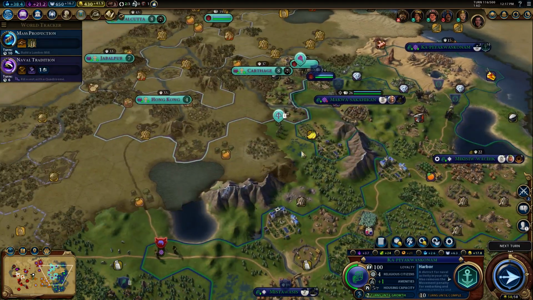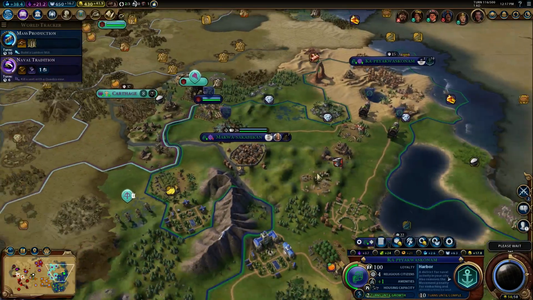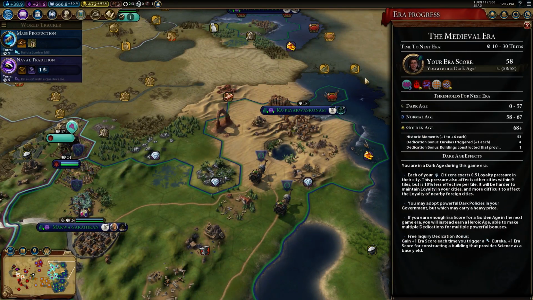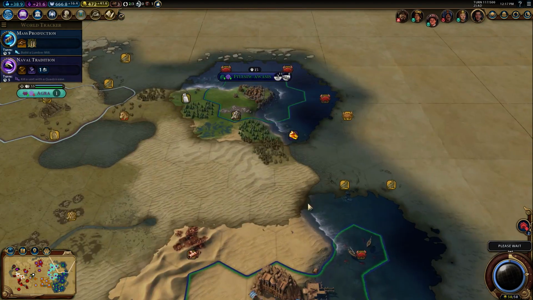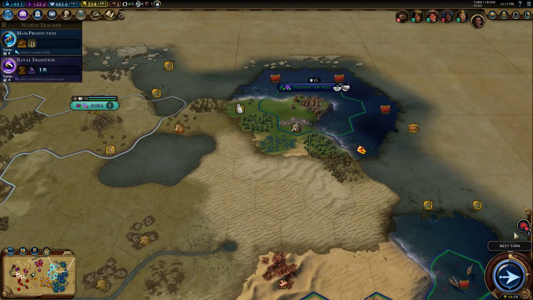Oh yeah, we've got whenever we build any kind of science building, which apparently includes a campus. I know that libraries and universities were giving us era bonuses, but I didn't realize the campus itself, because that's not how it's worded. Right? +1 each time you trigger Eureka. +1 score for constructing a building that provides science as a base yield. Which I guess a campus counts as, because it only produces science when you actually assign a person to it. Well, no! I guess it's got the adjacency bonus. I don't know. Seems odd, but...